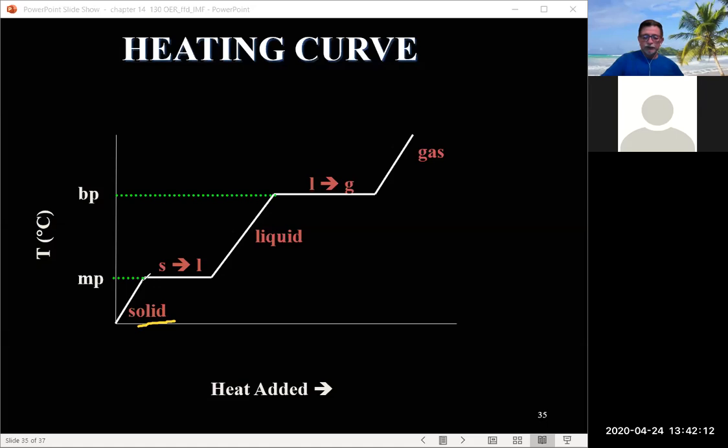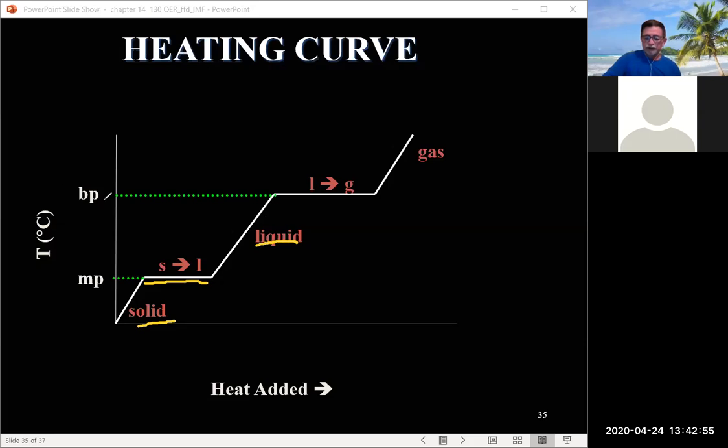And so the reason we have a plateau here is because all this energy we put into the system is being used to break up the intermolecular forces of, in this case, the ice cube going to liquid. They're very strong forces in the solid, and it's water. And so all that energy goes into breaking up that interaction. And hence our temperature doesn't increase. It stays stable until such point that all of it now is liquid,